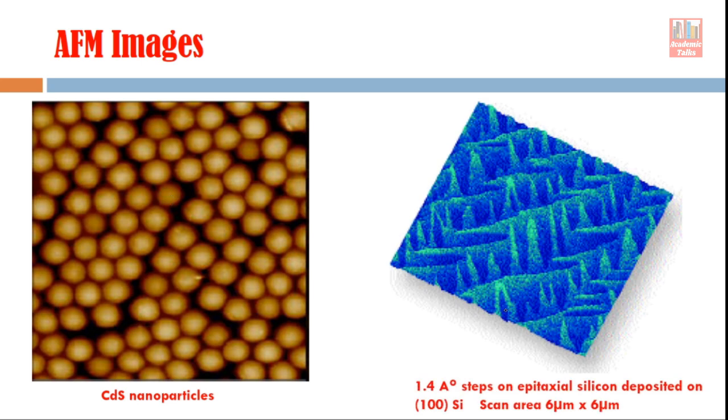This is the surface of epitaxial silicon. You know that in the case of integrated circuits, we work with the silicon substrate, but all the devices are normally fabricated in an epitaxial layer. So if you deposit an epitaxial layer, that is a very pure and defect free film. So what you expect is that the surface is an ultra smooth surface. I'm talking about the surface of the epitaxial layer. But even if you scan that ultra smooth surface with the help of AFM, you can see that the scan area is 6 micron by 6 micron. So this whole side is 6 micron, right?